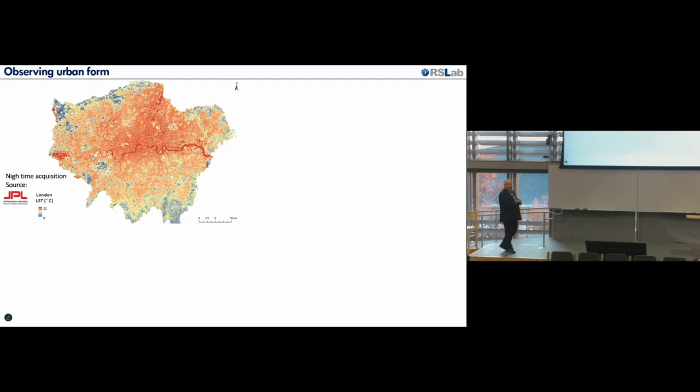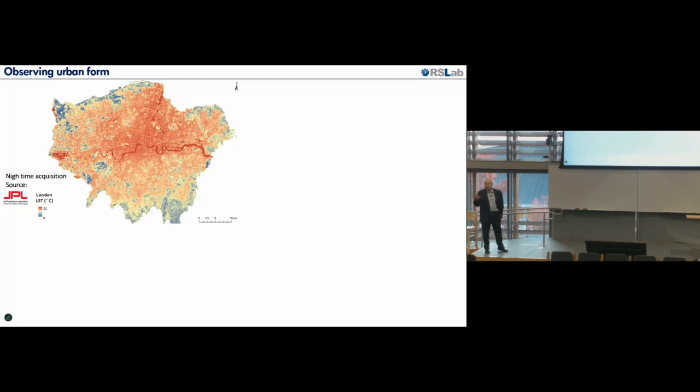We have a long-term collaboration with JPL, the Jet Propulsion Laboratory in Pasadena. So I would like to thank here the PI of ASTER, Mike Abrams, who provided us a lot of nighttime acquisitions from ASTER for several European cities. So this is okay for working at neighborhood scale at 100 by 100 resolution, for example. But we need more frequent acquisitions, because